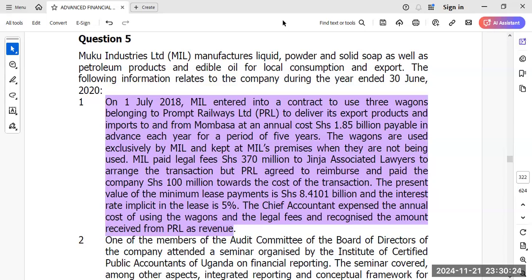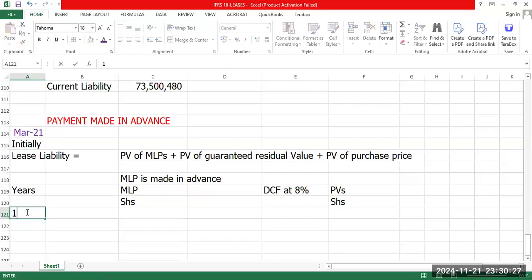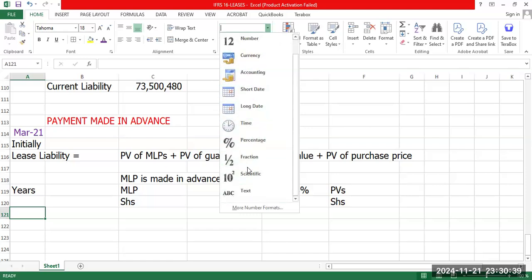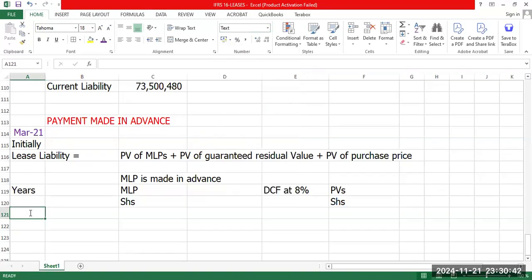Colleagues, are you still on? Yes. One up to what? One up to 8. No. Because here we are handling the, we are handling the